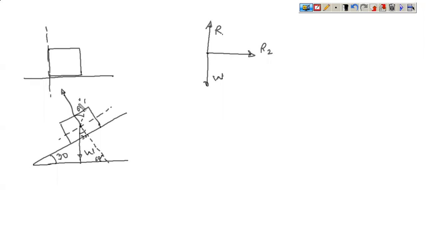So for the reaction, there are two things you need to understand. First is that reaction will occur in the direction opposite to the motion constrained direction. So if the motion is constrained in the left hand direction, reaction will be acting exactly opposite, at 90 degrees, onto the right hand direction. So these are understandings you have to develop while drawing the free body diagram.